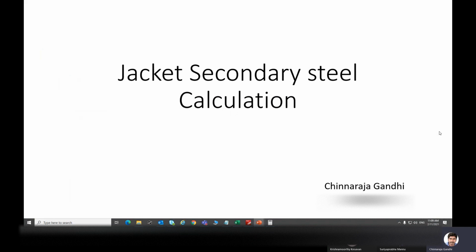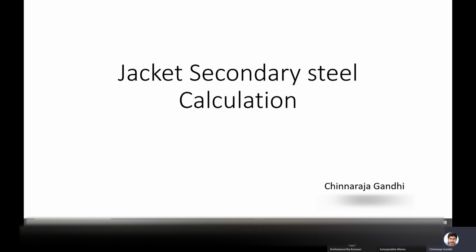Today I'm going to brief about the jacket secondary steel calculation. Apart from the primary calculation, we are responsible to come up with the secondary steel which is needed for the jacket engineering. There are a lot of items covered in the secondary steel calculation based upon the jacket configuration, and